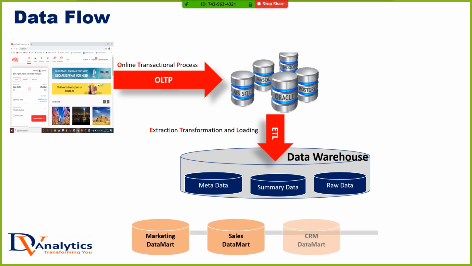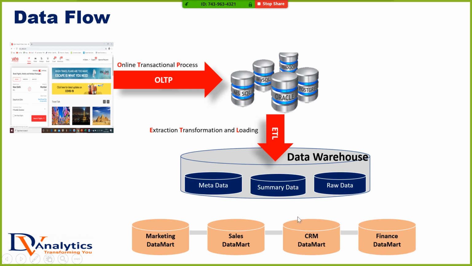You take this data to different department-specific teams. For example, if certain data is required for marketing, it goes to the marketing team. Certain data is required for the sales team, so they take their sales data. Certain data is required for the operations team, called the customer relationship management team. Certain data is required for the finance team, so they take the finance data. Anything related to finance, like how much the customer has paid, what the base fare, surcharge, and convenience fee are, whether there is any redeem, promo code, or discount given to the customer, is captured by the finance team.